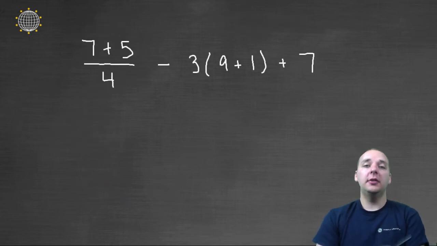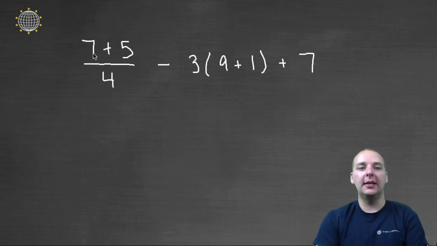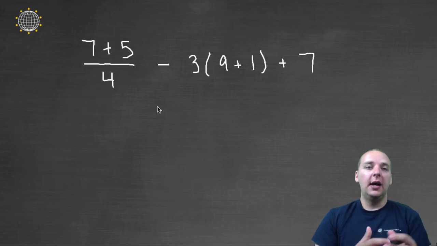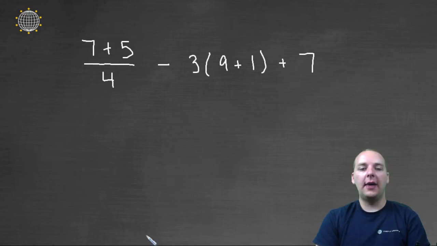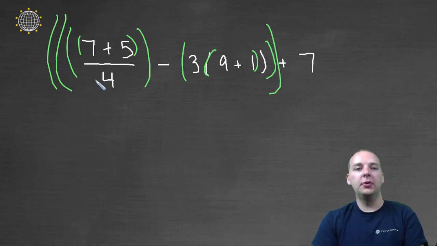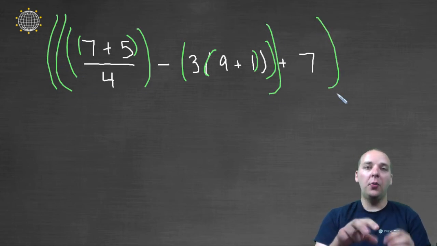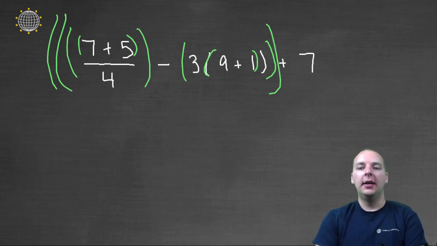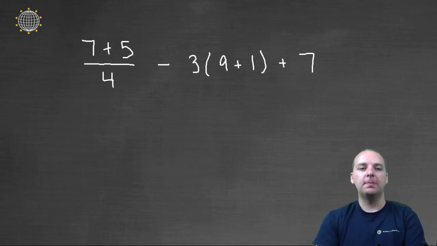But these become especially helpful for really big operations like this. Here we have 7 plus 5 divided by 4 minus 3 times 9 plus 1 plus 7. This could be interpreted, if we didn't have order of operations, a dozen different ways. And so before order of operations, somebody would have to literally group this every which way, just so everything is clear what order we're supposed to be doing these in, pairwise, or two numbers at a time. And so we don't want to have that many parentheses.